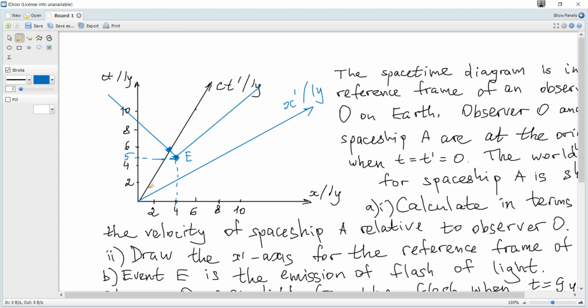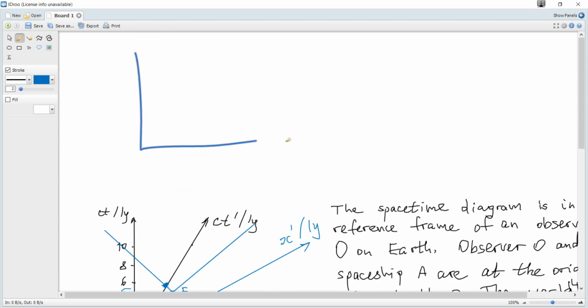Let me draw a new ct primed, ct. 1 unit on ct primed corresponds, drawing a horizontal line, not a slanted line, to gamma times 1, or gamma, on the ct axis, or 1 unit on ct